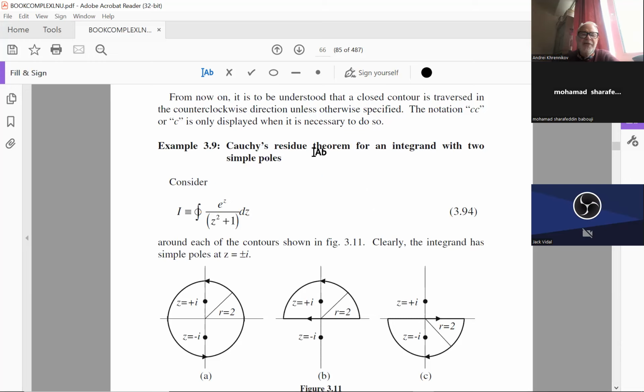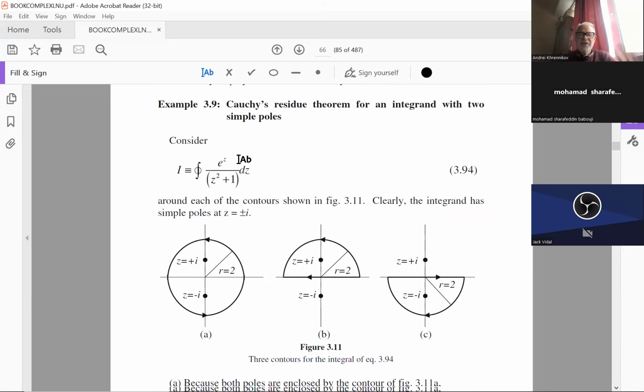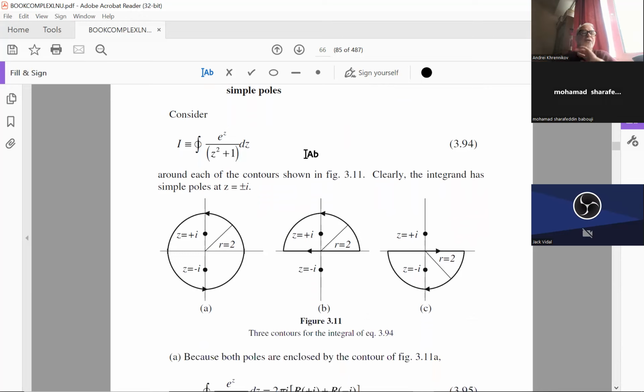Now consider an example. We have the Cauchy residue theorem for a function which has two simple poles. We are still with simple poles. It would not be a big modification for non-simple poles. What is the difference? If the pole is non-simple, then we take a derivative of some degree of the function multiplied by z minus z0 to the degree n. For the moment, poles are simple. For example, this function. It is also a good example to understand what z square plus 1 is. It can be written in the usual way, yes?